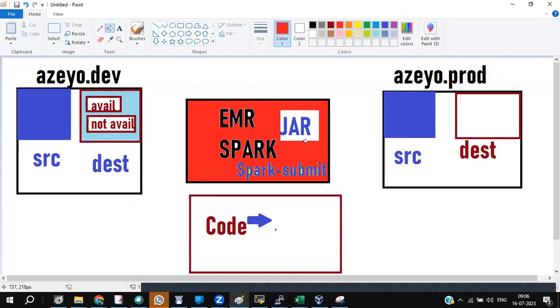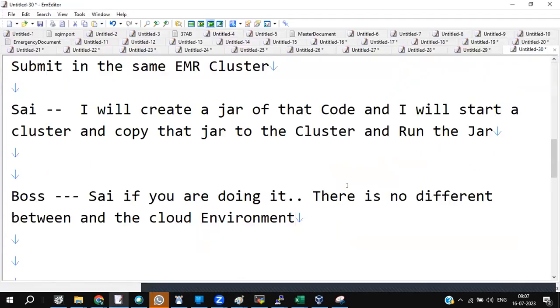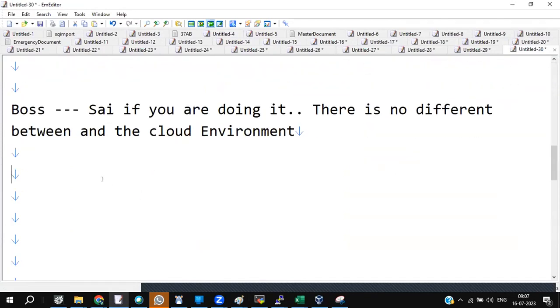Create an EMR cluster to develop your code, but not to run the jar. Happily create your EMR cluster, open Spark shell and do your development. But don't run the jar. Then what I have to do? What I have to do? Boss stated,